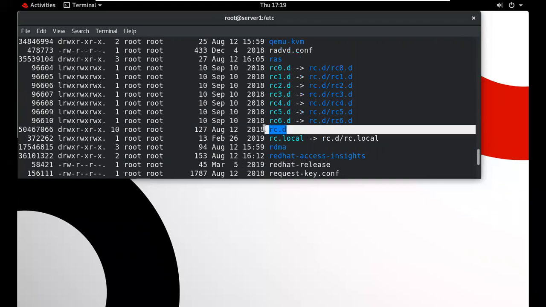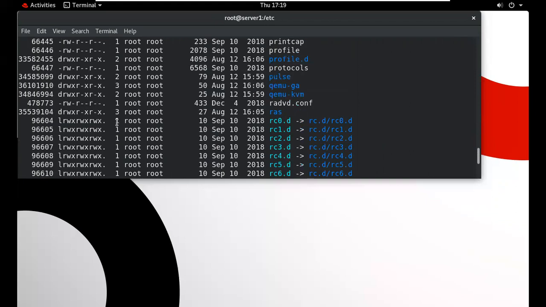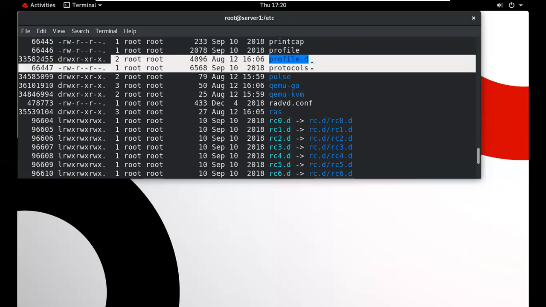This is the name of the folder. What is the link count of this? It's 10. So how does it become 10? I will also demonstrate that. But by default, this is 2, which means it's for the folder. This is 1 for the file. For the file, it's always 1, and for the folder, it's always 2. So this is for the file and this is for the folder.